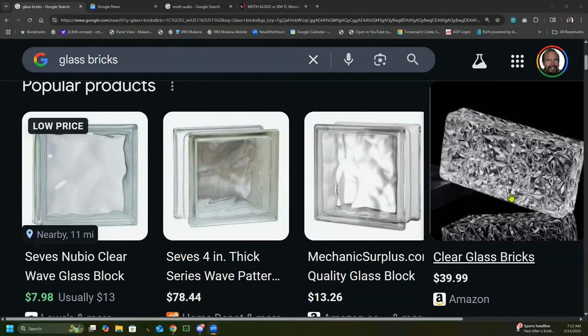This one looks really cool, but it's awfully expensive at $40. But that's another idea. It lets the light through. It also gives you some degree of privacy in a conference room. A lot of times, it depends on what you're discussing in the conference. A lot of times they don't want people peeking in to see what they're showing if they're showing new products. Or, that would never go in an Apple conference room. Well, I guess there is under a non-disclosure agreement anyway, but